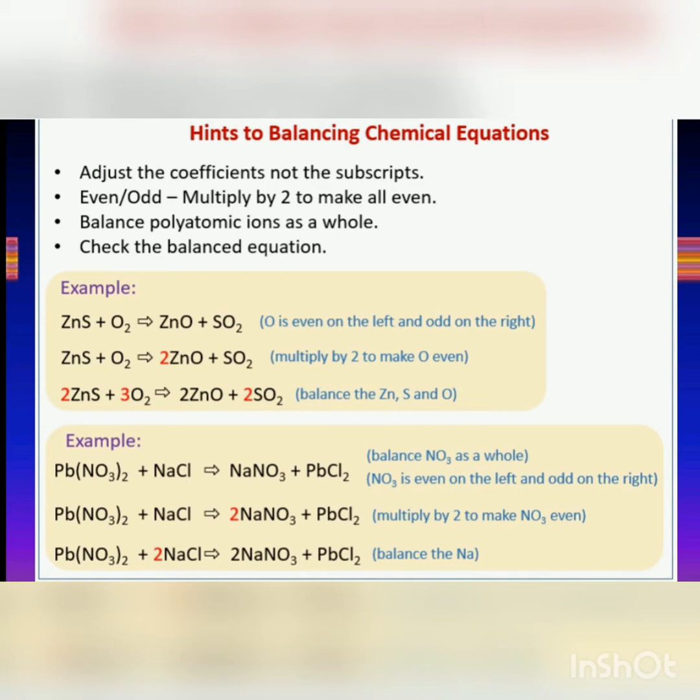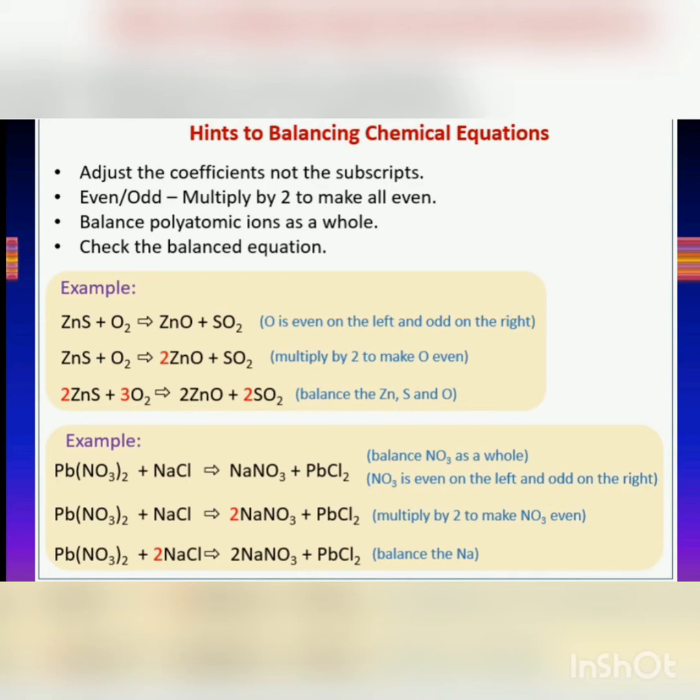First, we need to identify and write the elements or compounds with the correct symbols or their chemical formulas, and then we start balancing. And balancing only means changing the number of coefficients on both sides of the arrow. So we have to see that in the end we have an equal number of atoms of every element on both sides. Now let's see the second point.